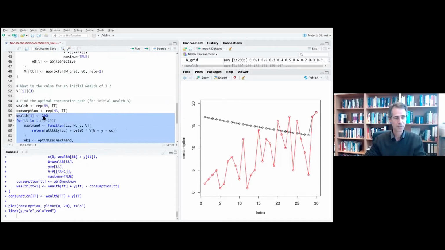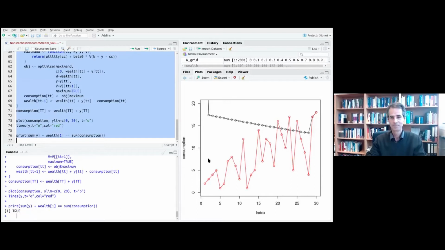What would happen if we increase our wealth beyond 200, say to 250? This is the sum of total incomes. Then something strange happens. You can see here that initial consumption would be very, very high, and then it would drop going along this path and then going up again. This is absolutely not plausible, and actually it's wrong. And why is that?